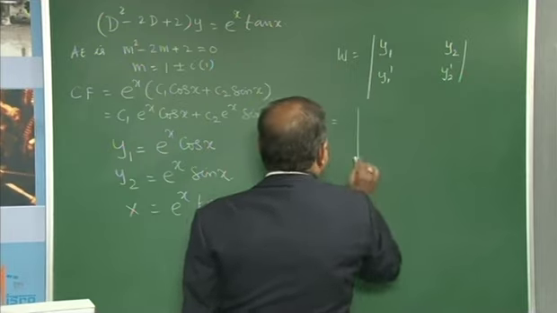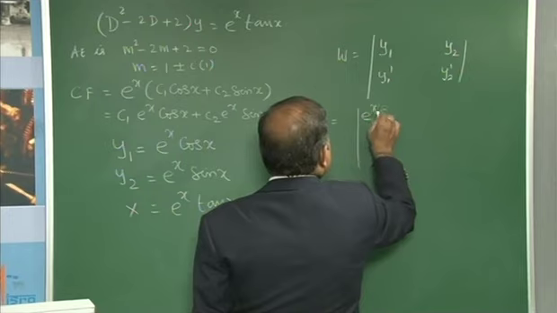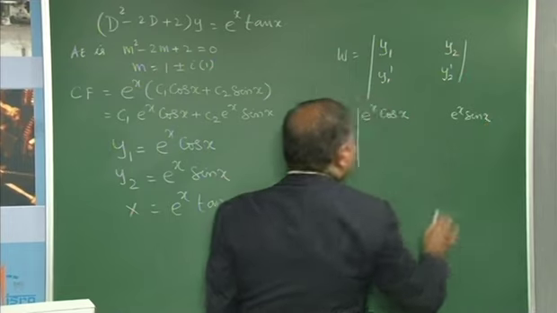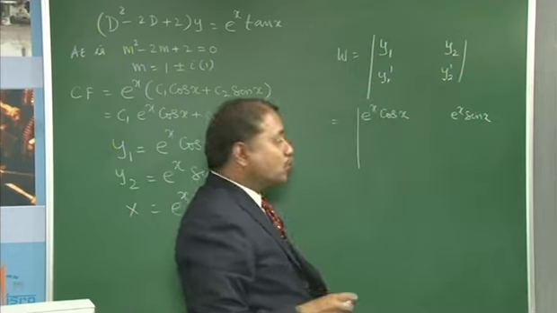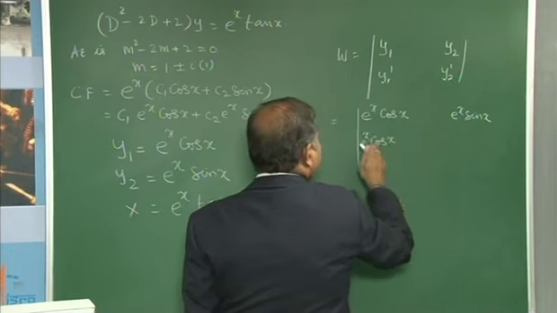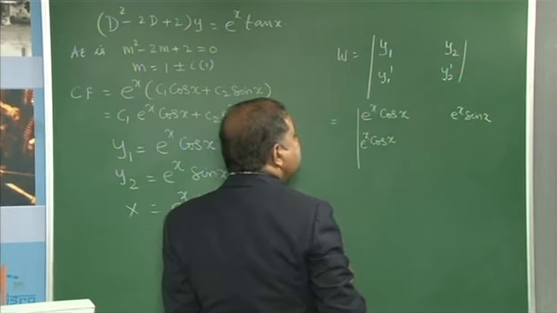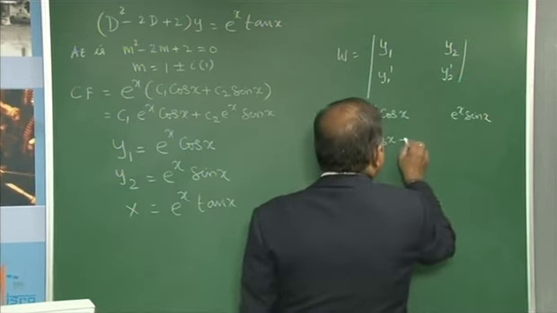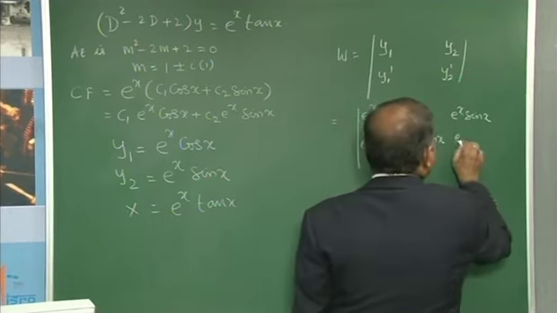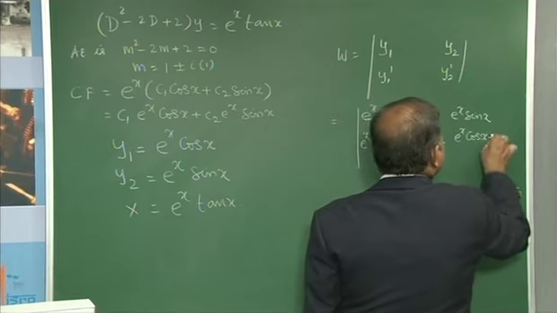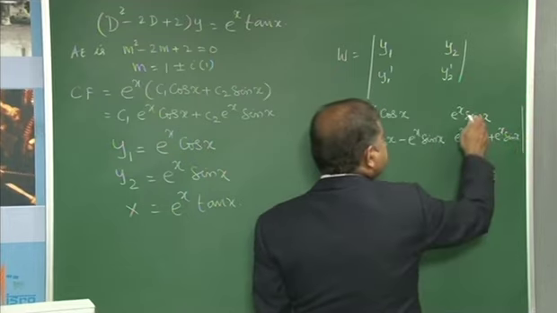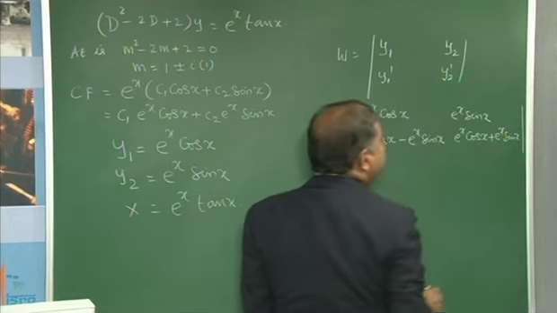Carefully observe the differentiations. First, e^x cos x: both times you have the product rule. So what happens? It is e^x cos x differentiation as it is, and what is the differentiation of cos x? It is minus sin x, so it gives minus e^x sin x. Same way for e^x sin x, it is e^x cos x plus e^x sin x. One time differentiate sin x, here differentiate e^x.